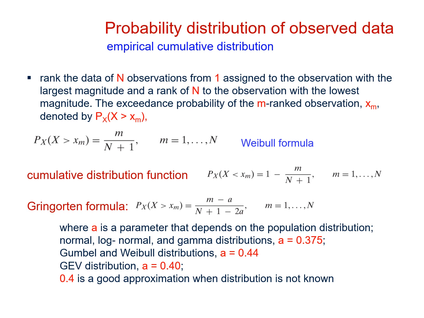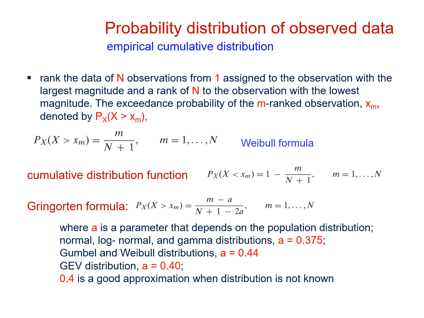So if there are 30 data, then n will be 30. And then we calculate the probability as m divided by n plus 1. So the first data will be 1 divided by 30 plus 1, number 2 will be 2 divided by 30 plus 1, 3 divided by 30 plus 1, and so on. So that is the Weibull formula